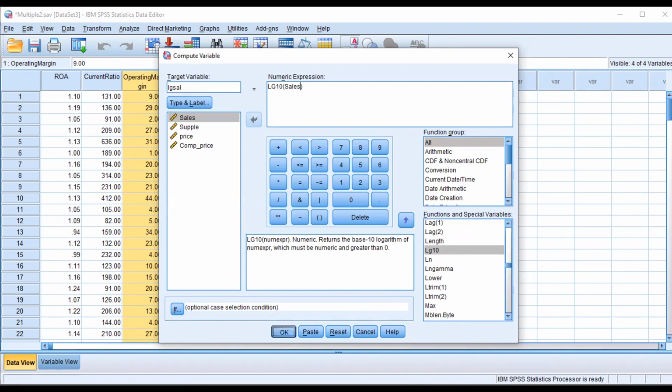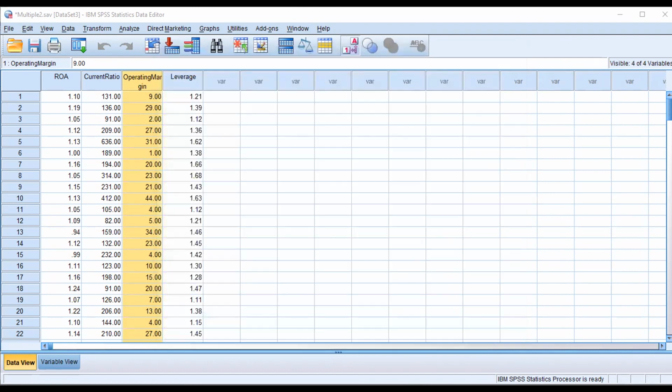You can see on this screen that we have created a new variable, LG sale. In the same way, we will do price and competitive price.